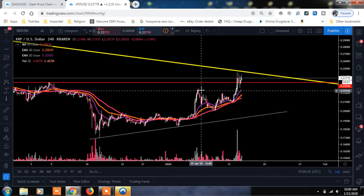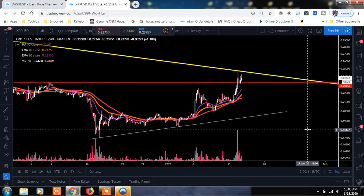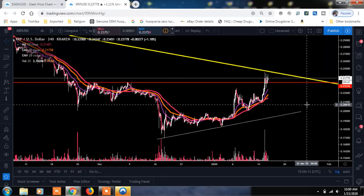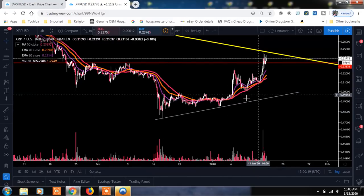Or we could come back down here and test this area around 22 cents, back test that, set a higher low, and then potentially break this upper trend line from there. That's what I'm looking for, at least. On the 4-hour time frame, we're up above our 20, our 40, and our 50 moving average, so that's a really good thing. And what I'm paying a lot of attention to in the short term here, guys, is this